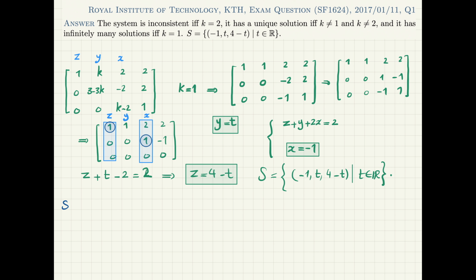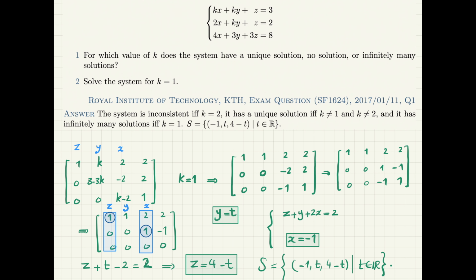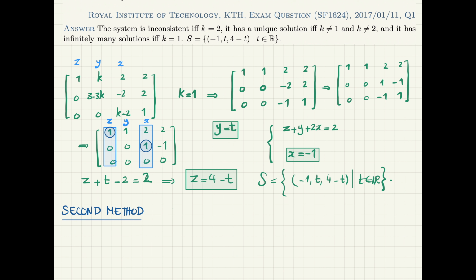Second method. Okay, so how should I do this? I will calculate the determinant and say that the determinant should not be equal to 0. So the determinant is not equal to 0 if and only if the system has a unique solution. Or it's better to write it the other way around. So I would say the system has a unique solution